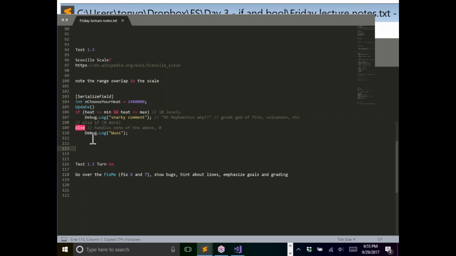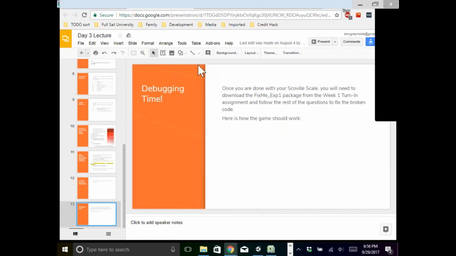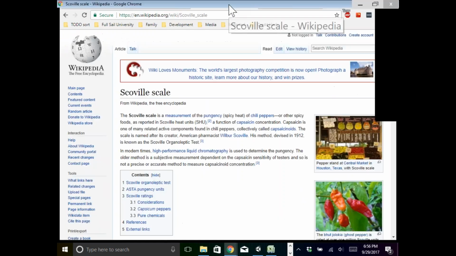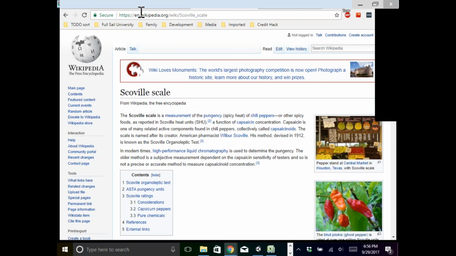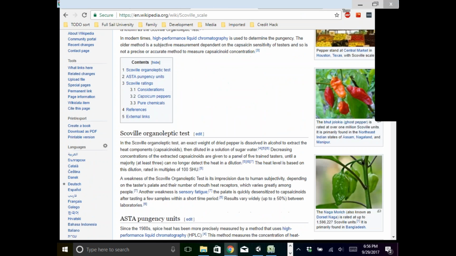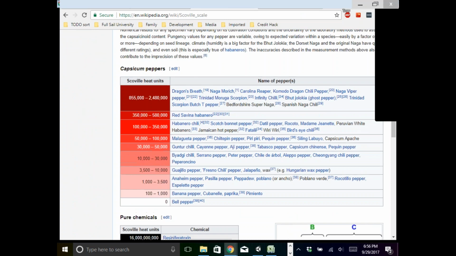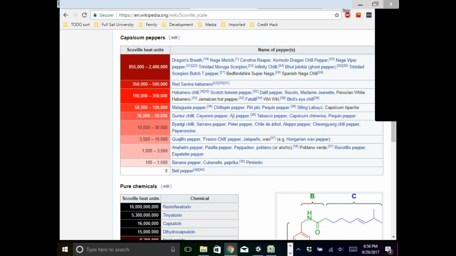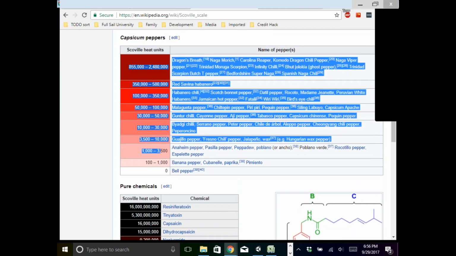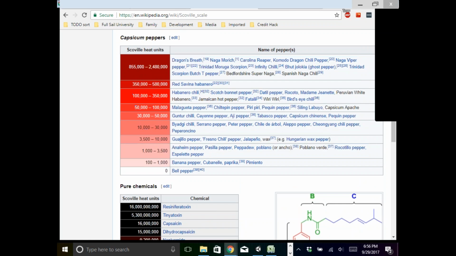This is your test. This is the first test, 1.3. Now let's see here. The website is actually linked in the test itself. I'm not going to go into it because it would show you answers and whatnot. But if you just Google Scoville scale, the first link to the Wikipedia article, if you scroll down, see here, this set of ranges along this left column are what we're looking for in the